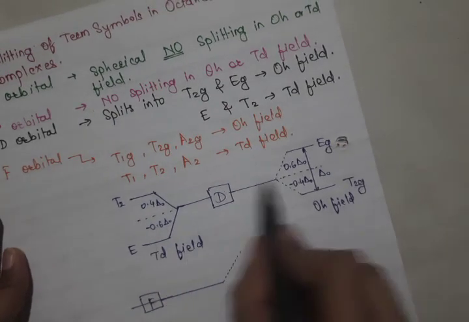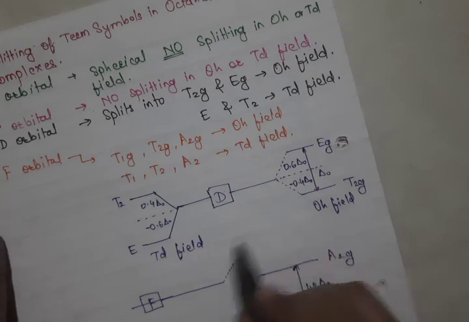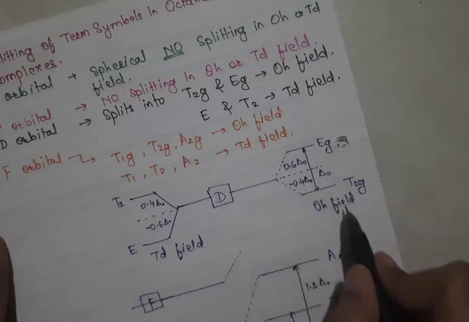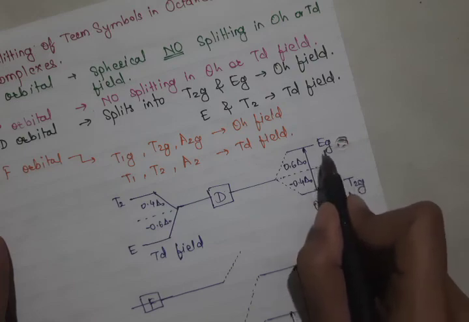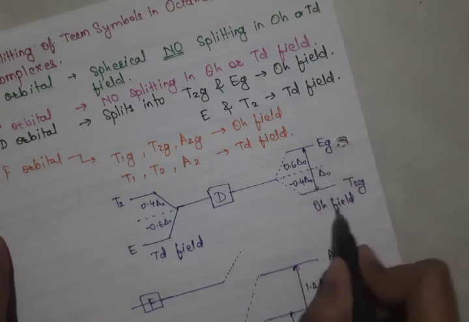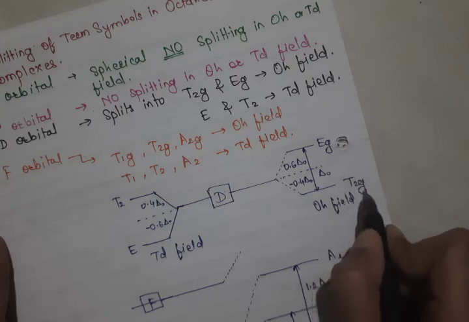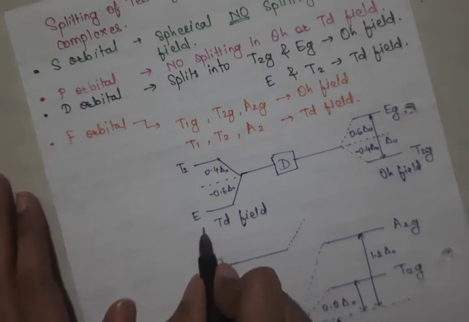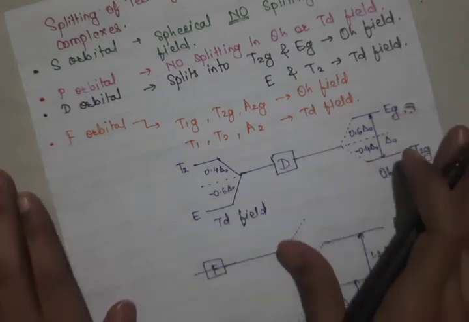You might have seen this diagram at your BSc level or your lower classes, because it's very famous in inorganic chemistry. So the d orbital or the d term splits into the T2g and Eg. T2g is the ground state, Eg is the excited state. This is for octahedral field. Ground state in case of octahedral field is T2g, and ground state in case of tetrahedral field is E. This diagram reverses. All these reasons are given in the crystal field theory.